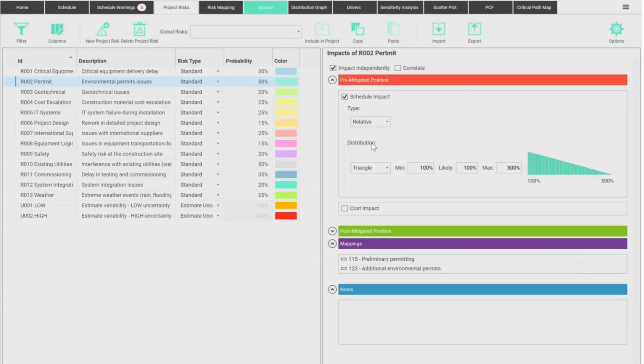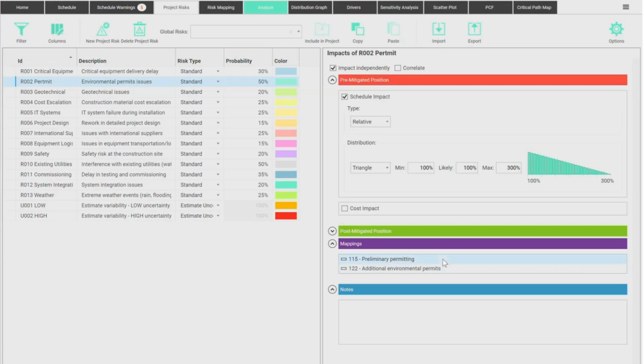Not only a slight variation of almost 50%, but a major delay, like it can take 3 times longer to issue the permits. No impact on costs. I don't think there's any impact to the costs. I just wait longer to get the permits, and then if anything needs the permits, it's going to be delayed after that, okay? There are 2 tasks that face this risk.